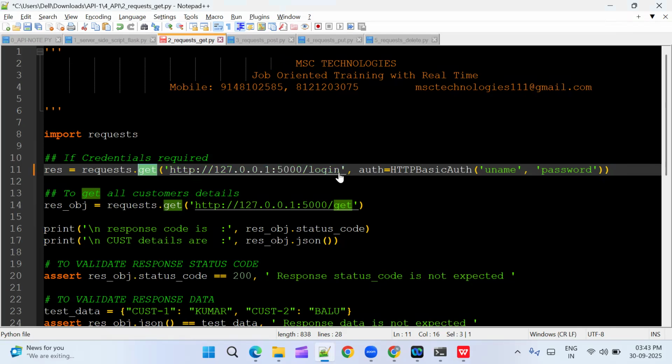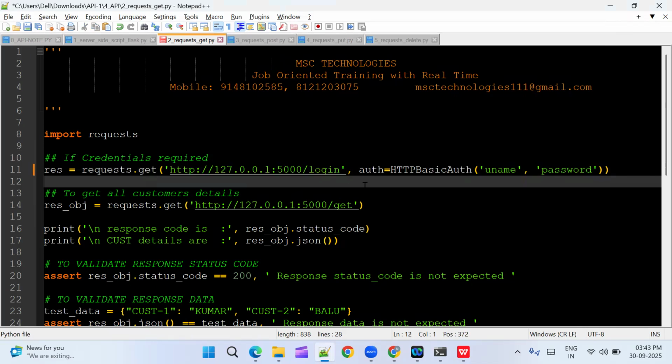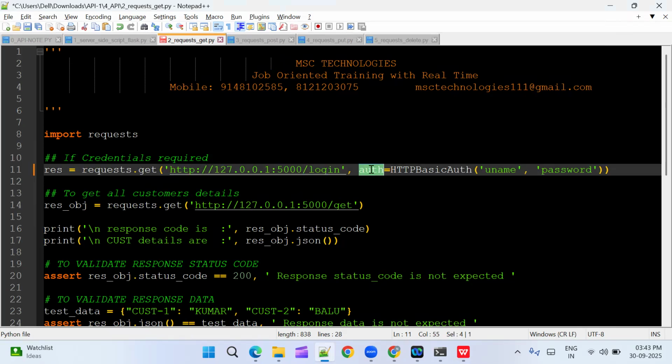For this get method, initially you have to give the URL. This is a different URL, I just gave an example. In real time, what happens is we have to give the username and password of the application. We cannot directly access any URL in real time. To pass a username and password, we have to use authentication as a parameter. Then HTTP basic authentication, username and password we have to enter. But here we have created our own application which doesn't require any username and password. That's why we can directly access the